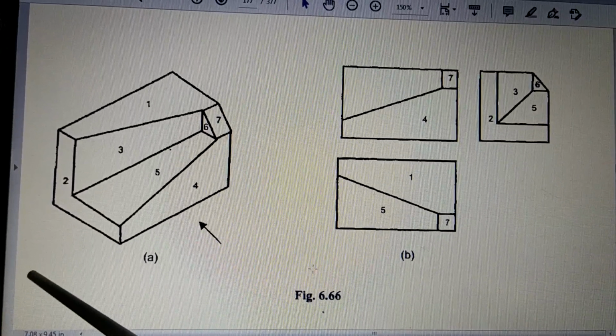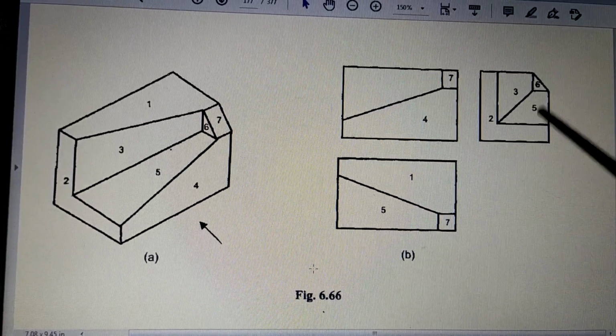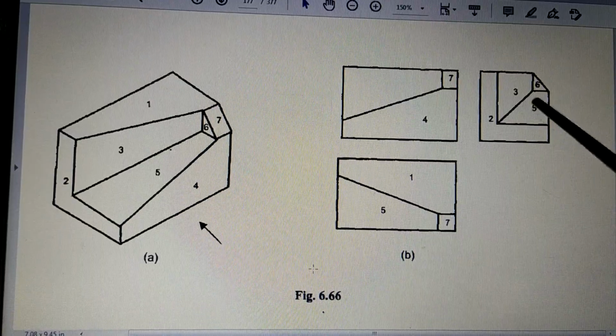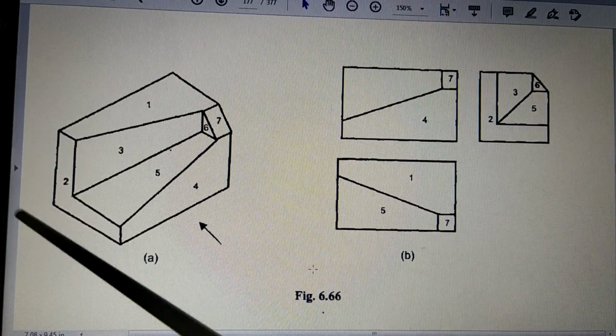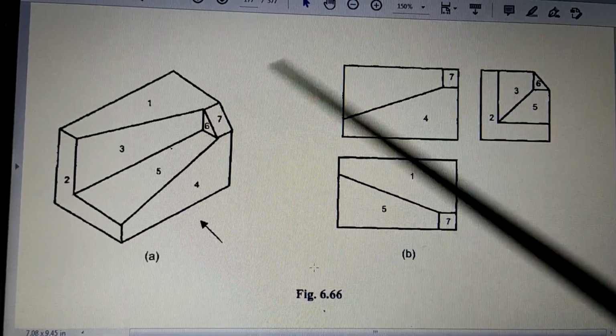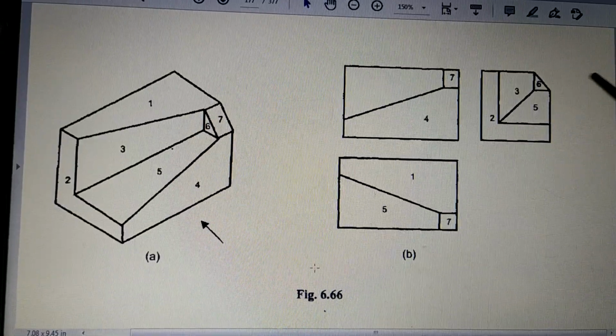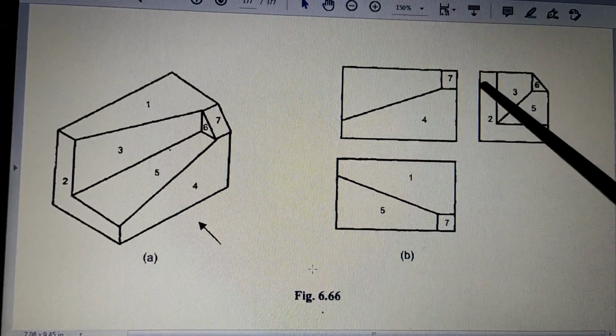Now let's see the left hand side view, how it is seen from the left side, and we are going to draw it on the right side of the front view. So here you have to start the left hand side view. From the left hand side view, what will you see? This number 2 surface will be seen like this. So that is drawn first. While drawing, you have to take the reference and draw construction lines so that it will be within these 2 lines. It cannot go up.